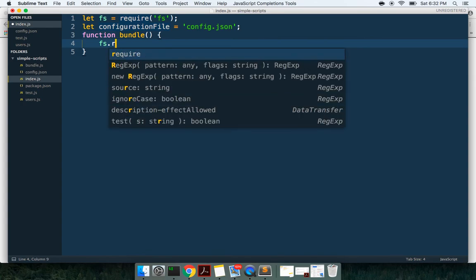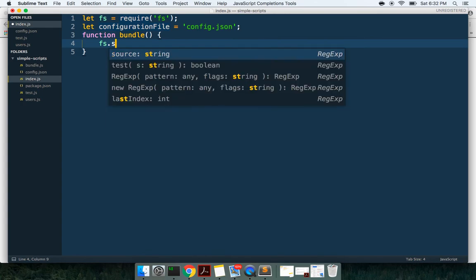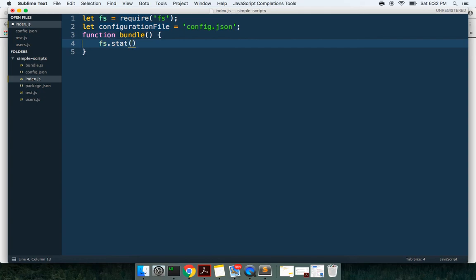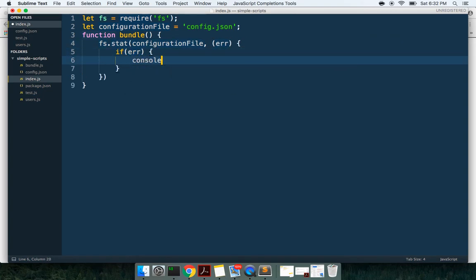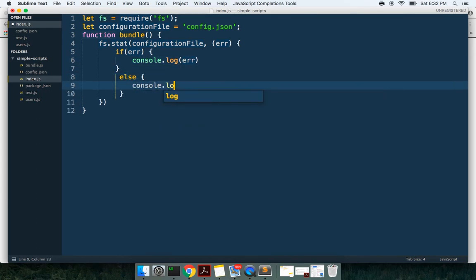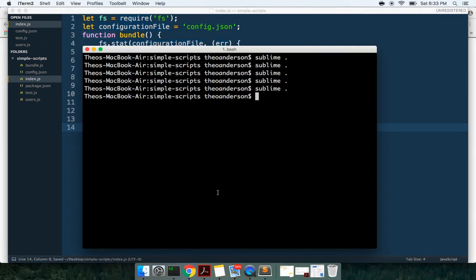I think it's stat. fs.stat. And then we're going to pass this the configuration file. And then this is either going to give us, if there's an error, let's go ahead and log out the error that we're going to get. Otherwise, let's log out file exists. Otherwise, we can go ahead and read it. Let me just run this real quick. Bundle. Let's try and run